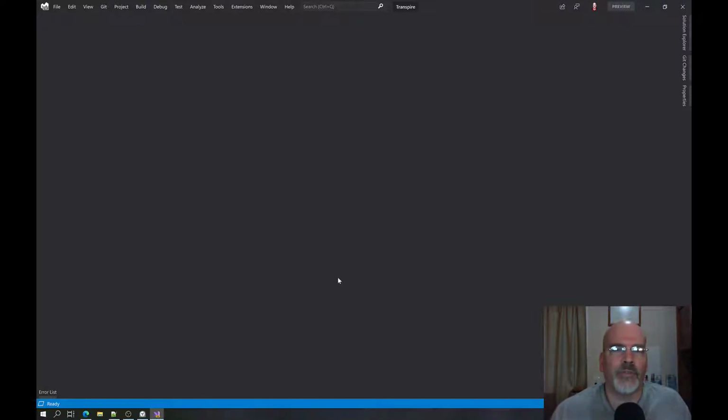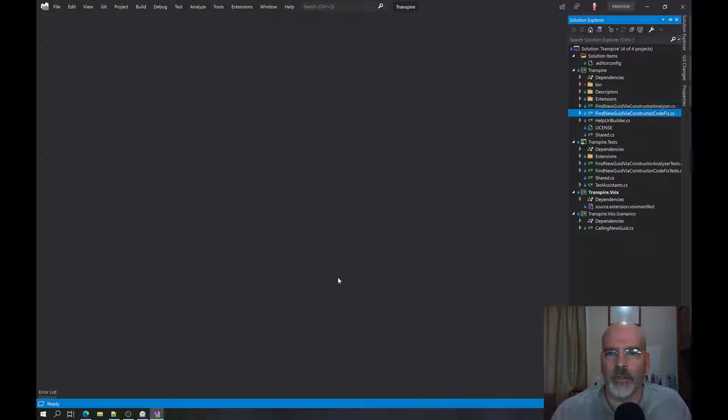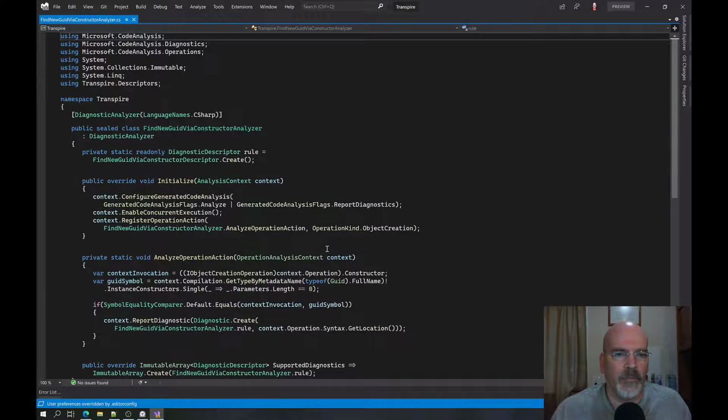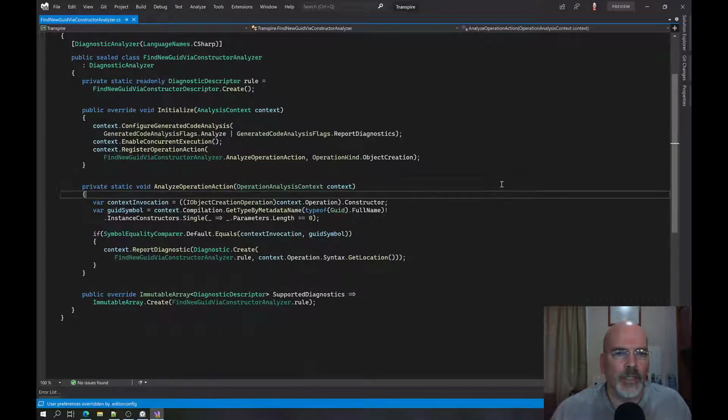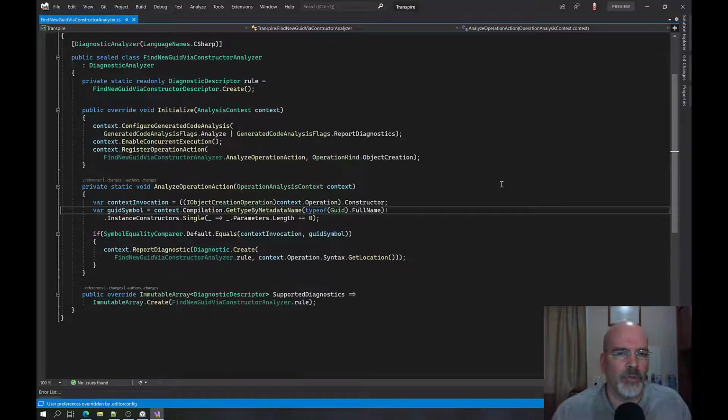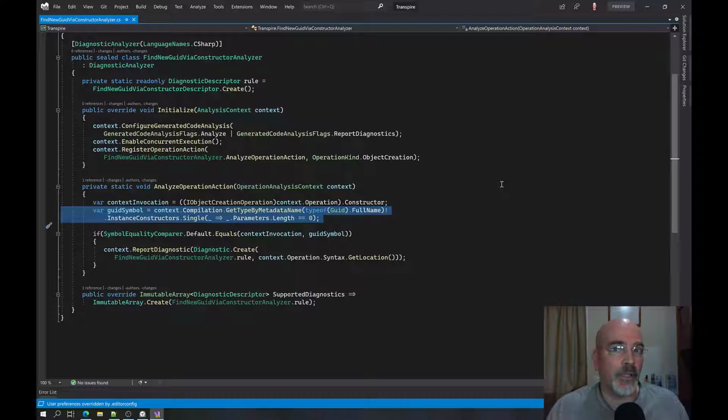And one of them is to test out an idea I have for Transpire, which is this in the analyzer, which is I am getting the GUID symbol here on every operation. And so what I'm wondering is, can I do this such that I cache that, maybe put that in a lazy, maybe I just put that in a static read-only field, because reasons I'm going to want to have this called all the time, or when this does get called and loaded,